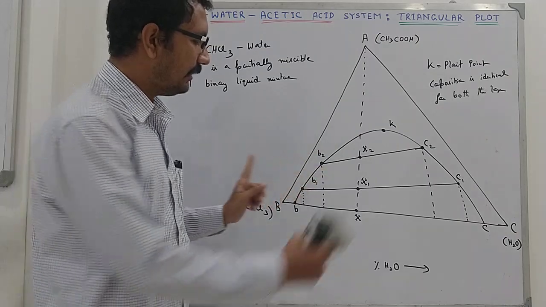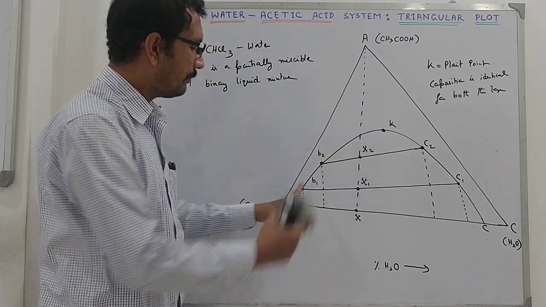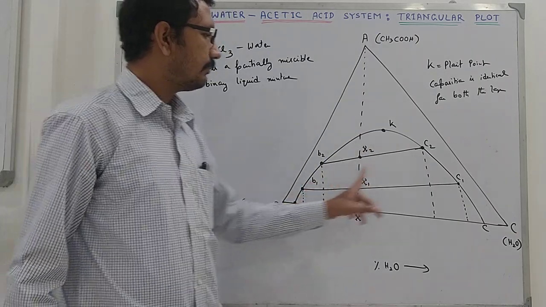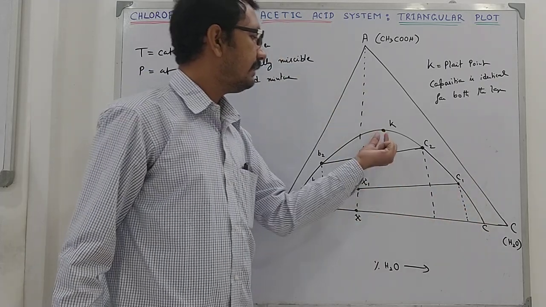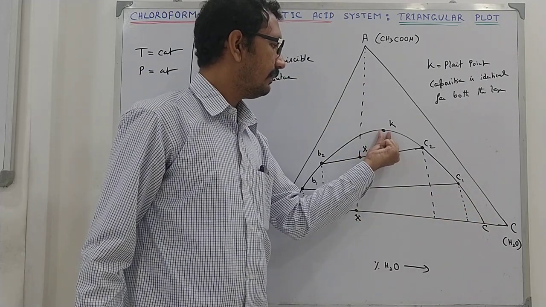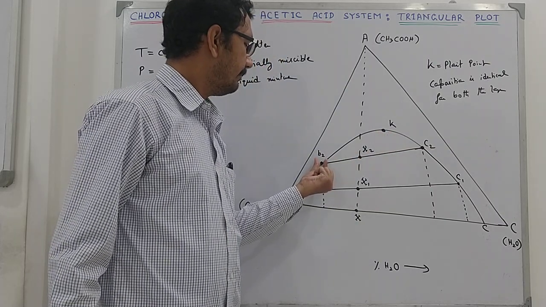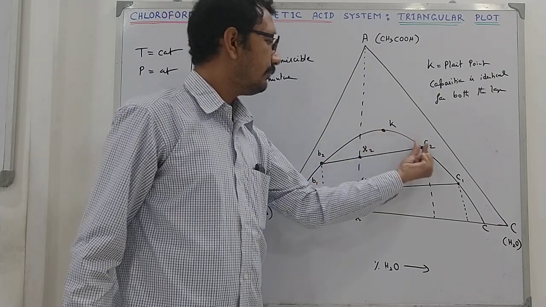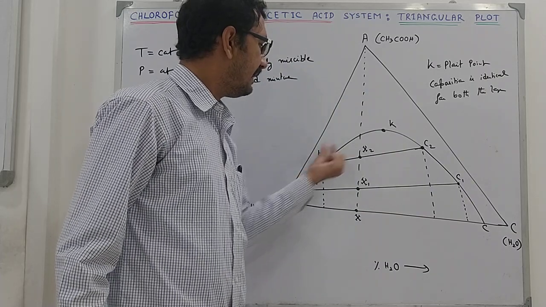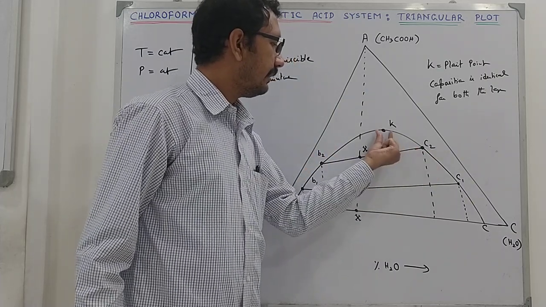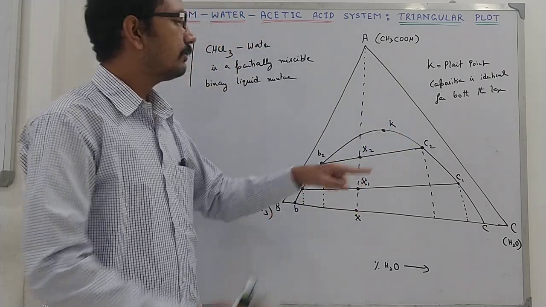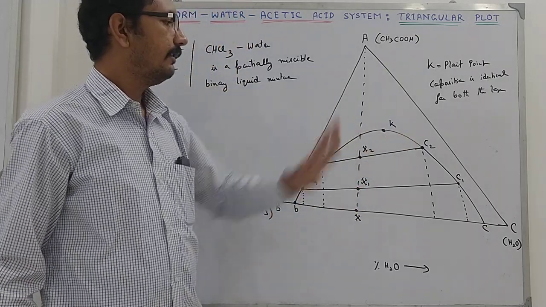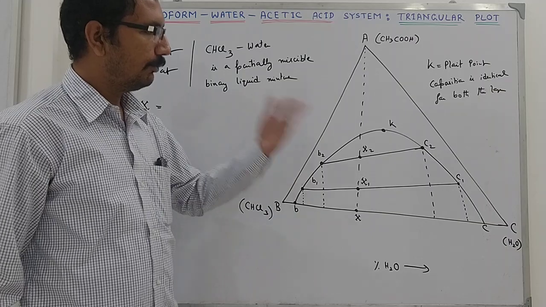Now with addition of A, these 2 are getting closer. So we have composition B1 in one layer and composition C1 in the other. And with further addition, we have B2 and C2. So with increasing addition, we will have Bn and Cn at the nth point. They will converge, so Bn equals Cn. So the composition will be identical in both the layers.